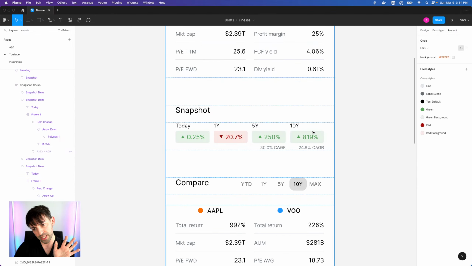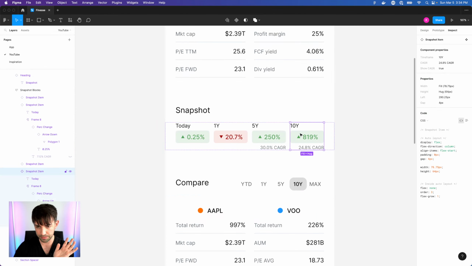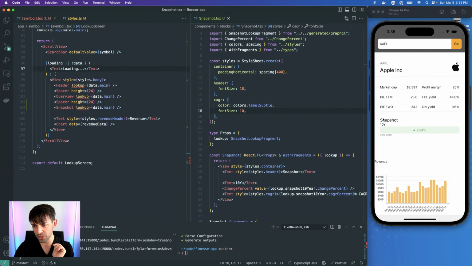If we're looking at just this item here, we've got three things in a column. We've got the 10-year label, this change percent component, and this CAGR. Really, this is left aligned, full width, and right aligned. Or you could think of it as full width text, which ends up being left aligned, full width change percent, and right aligned CAGR. Those three items are already in a column. They're actually already full width, as you can see from the change percent, but this one item needs to be